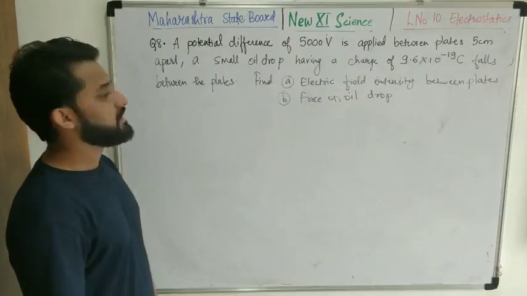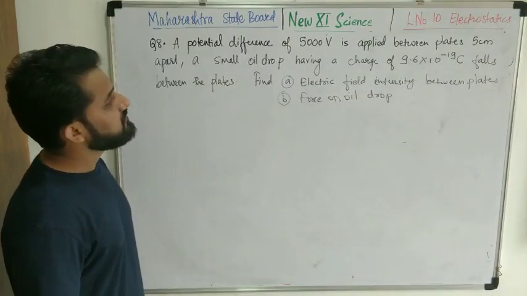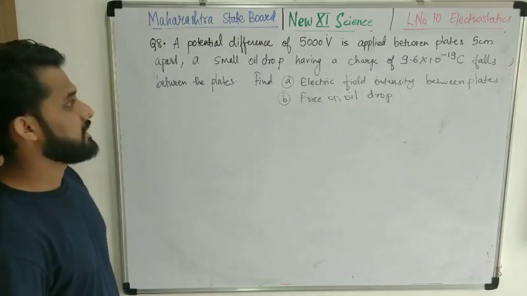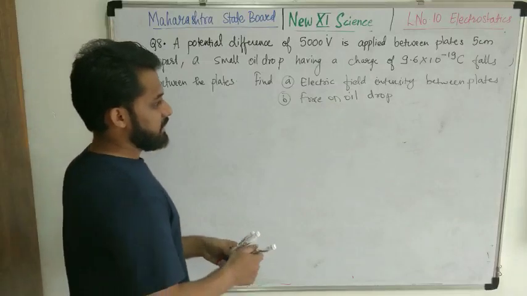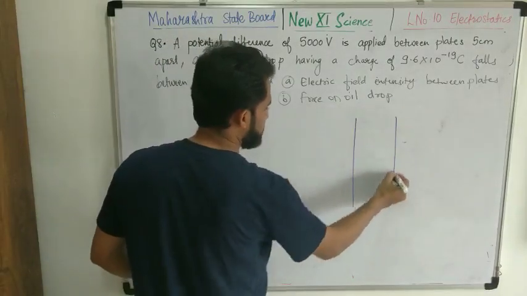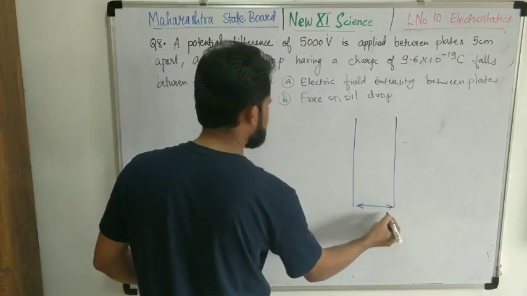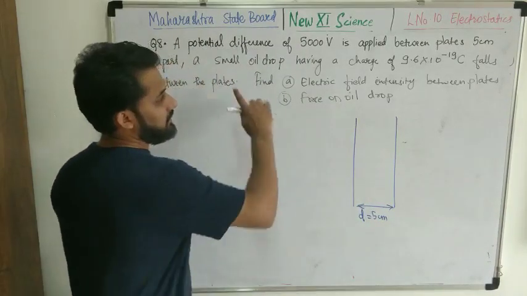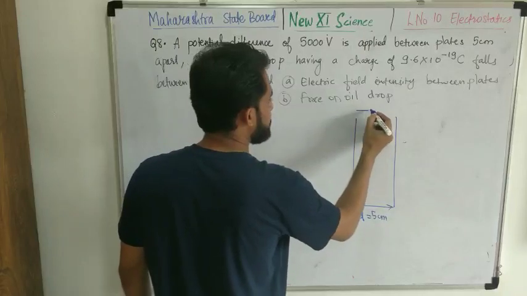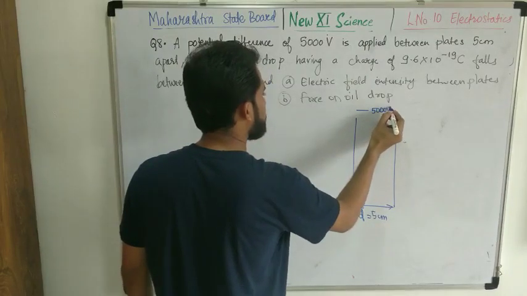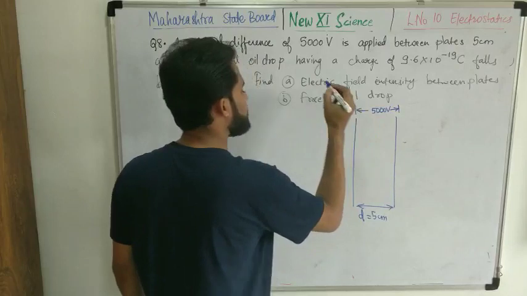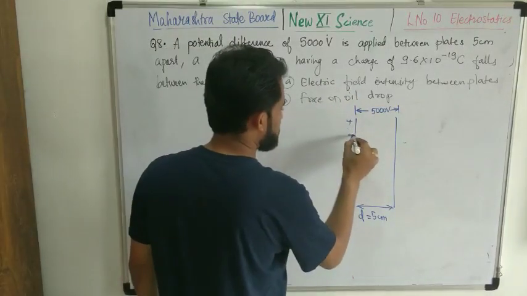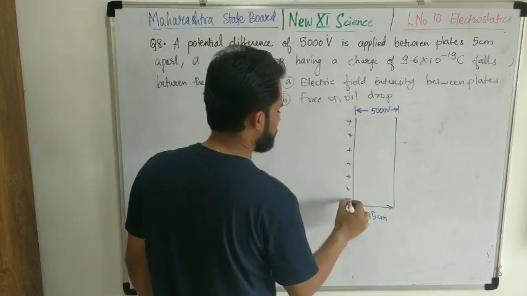Question is, a potential difference of 5000 volt is applied between plates 5 centimeters apart. So when two plates are taken and these two plates are separated by a very small distance, 5 centimeters in this case, and the potential difference between these two plates is 5000 volt. Between these two plates, a potential difference is maintained. Then, if this is a positive plate and if this is a negative plate,